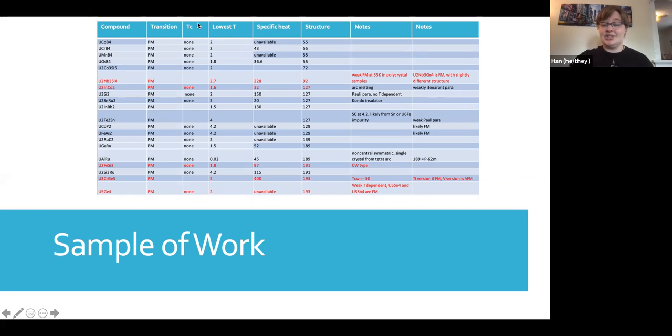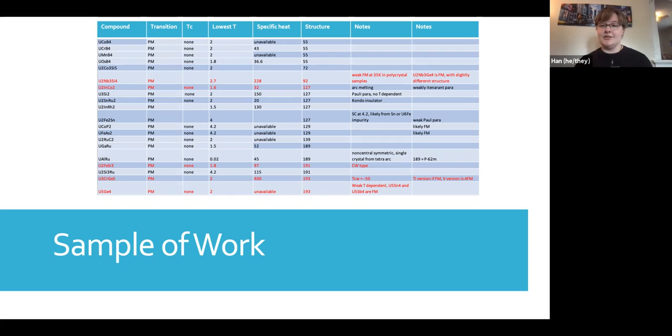And then the transition temperature, TC, obviously because there is no transition, there is no TC for paramagnetic compounds. But if, for instance, this said antiferromagnetic or ferromagnetic, there would be a transition temperature or a TC. And then the lowest temperature measured, this is relevant because a lot of these compounds, when they were first studied, we couldn't get down to like 2 Kelvin, for instance. So 77 Kelvin is the temperature that we're looking for it to be below. And if they haven't been studied beneath this temperature, we know that there is a gap in the research, and we aim to fill that.